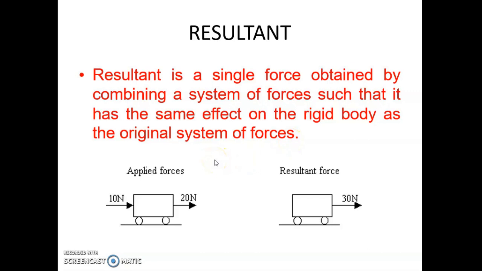So if I have a body and on that body there are n number of forces acting, they will constitute a system of forces. Okay. So now if I am asked to find the resultant,